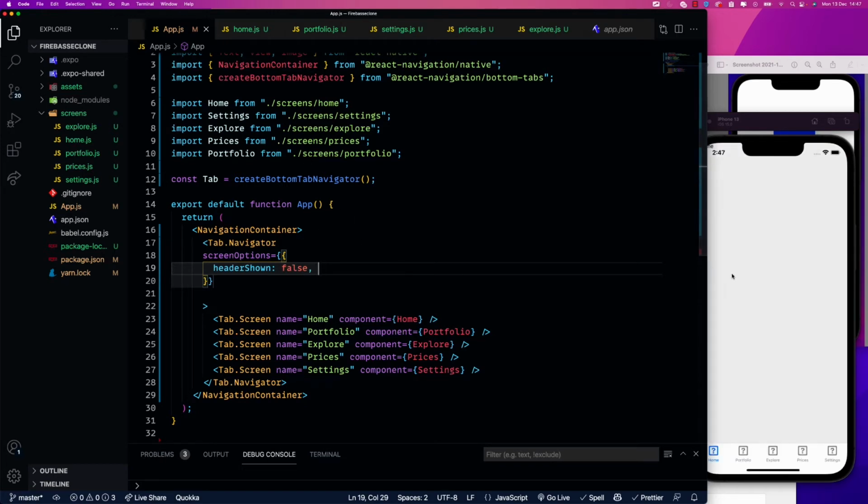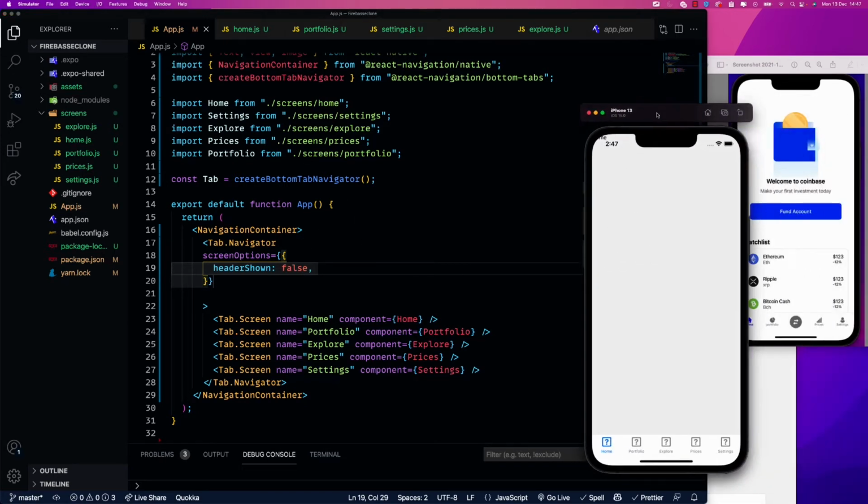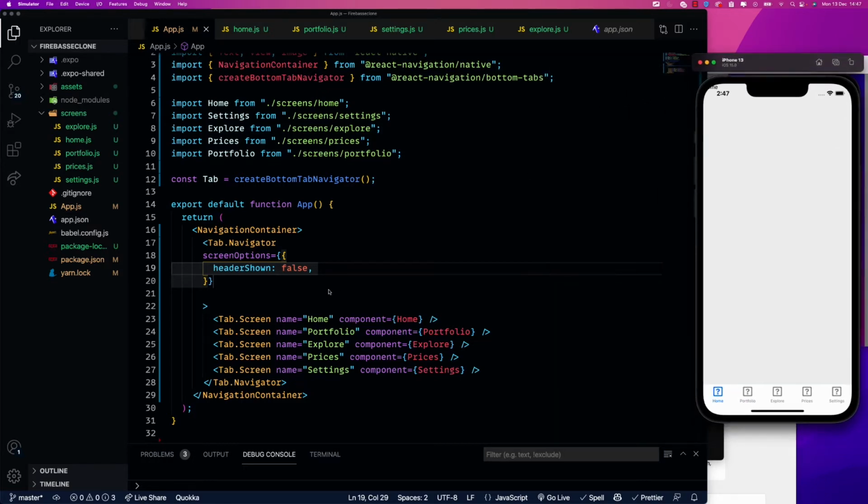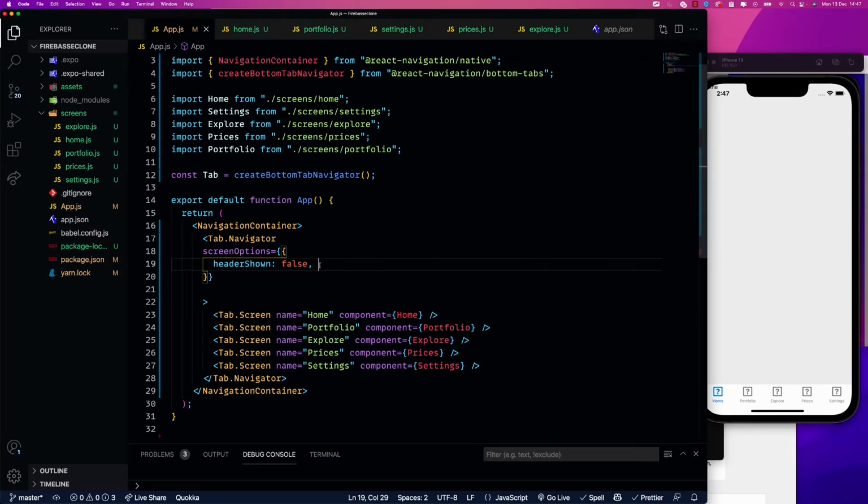This code will make this disappear. As you can see, now it's gone. What we are going to do is to click all the screens. It's disappeared from all the screens. As you can see, it's changing over there. What we're going to do next is to remove the labels from our navigation here, our bottom nav,